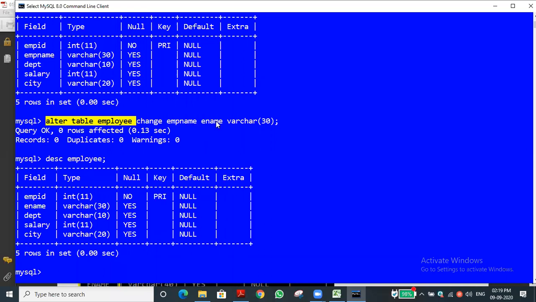We changed it with the same data type which we used for EMP name. We have to give the same data type. Previously it was EMP name, now it is ename. You can see the change has literally happened. Have you got it? Yes sir. Good.